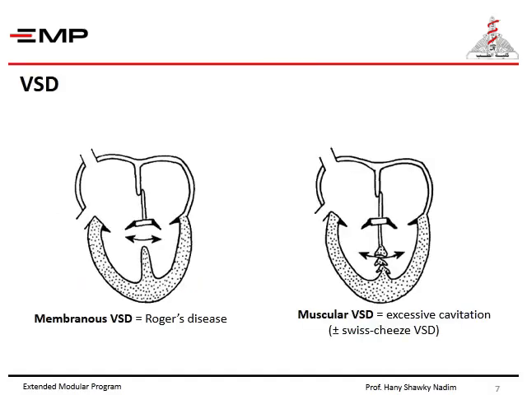Now we will talk about the congenital anomalies of the ventricle and the truncus arteriosus. First, the VSD, that is to say the ventricular septal defect, which is of 2 types. We may have a defect in the membranous part of the septum, that is called membranous VSD, or Rogers disease. This is by far the commonest heart anomaly, and I have to say it is more common in males than